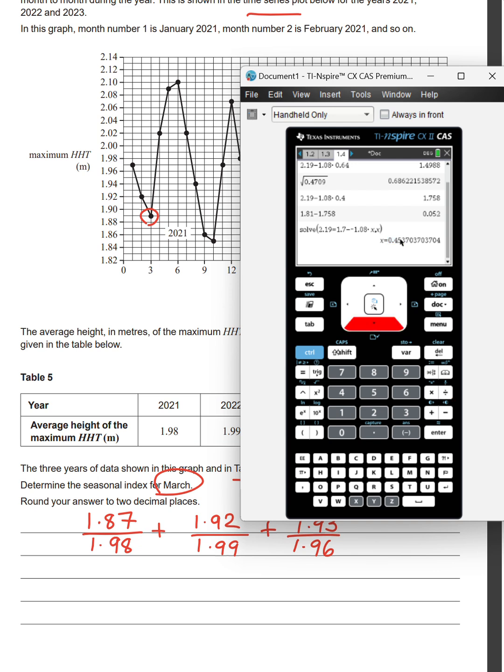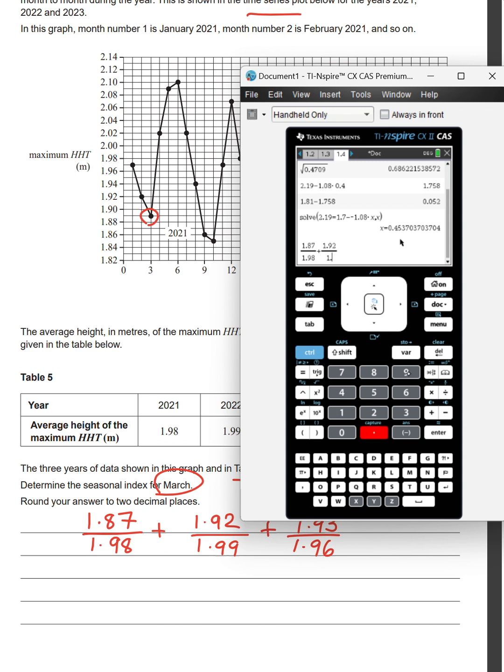Okay, 1.87 over 1.98 plus 1.92 over 1.99 plus 1.93 over 1.96. Okay, and then I have my answer, but that's my answer across all 3 years,